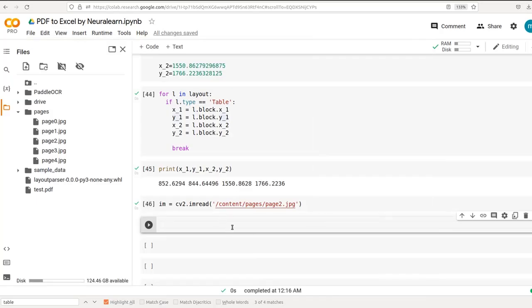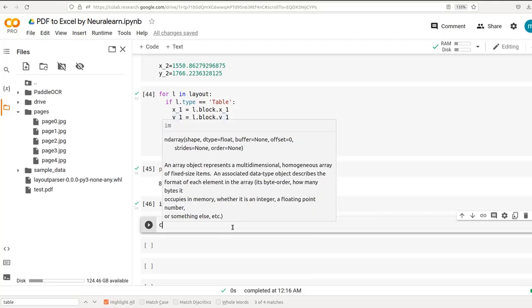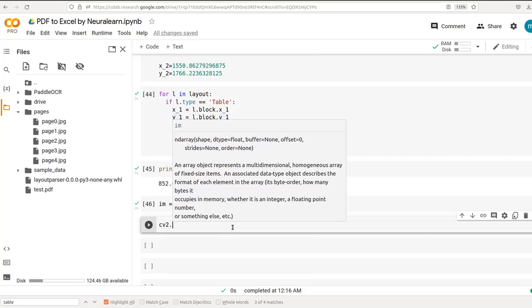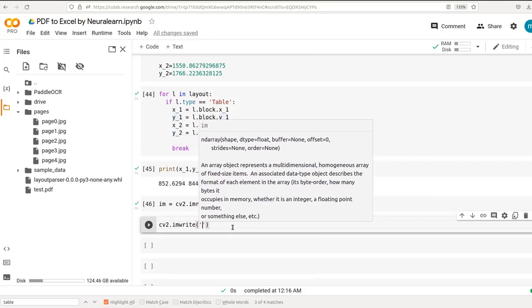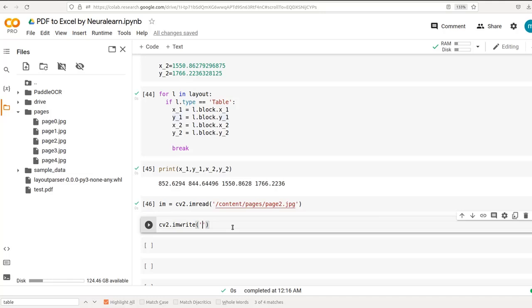Now to crop this out, let's just save this. So cv2.imwrite, and then we'll save this as extracted_image.jpg, and this extracted image is our image, but then we're going to